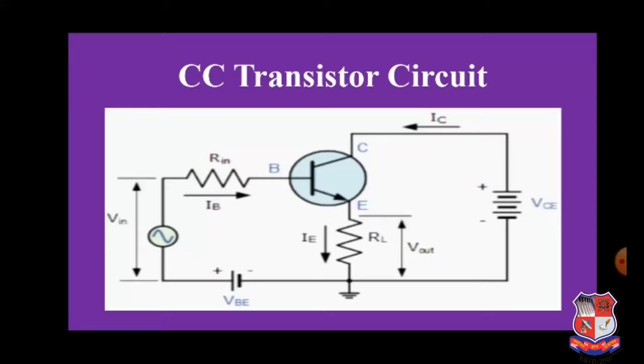important task, to have the distinguishment of all these three configurations, which will directly improve your knowledge towards the different three types of configuration: common base, common collector, common emitter. Out of all these three configurations, you have to identify which is the most applicable configuration in the transistor for amplification purpose. Okay, so this is the task I am giving to you, and if you have any queries regarding